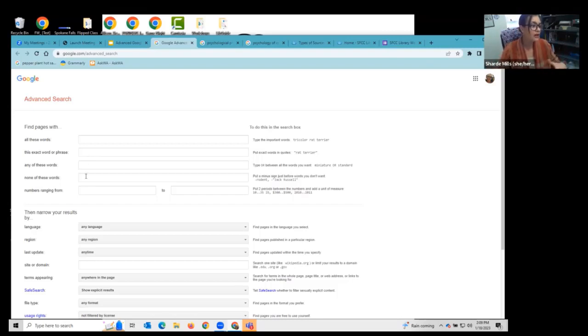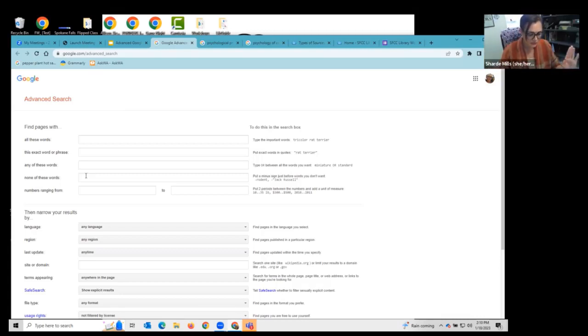And then we have none of these words, which means this is related to this topic, but I don't want it. My basic example for this is, you're looking for baseball bats, or you're looking for the creature bat, and you keep getting results about baseball bats. You can say, no, I want this one and not the other. And I'll show you what that looks like in an example in just a moment.